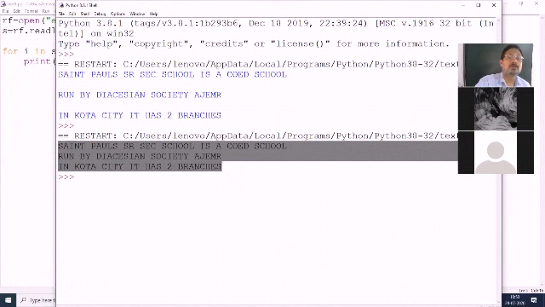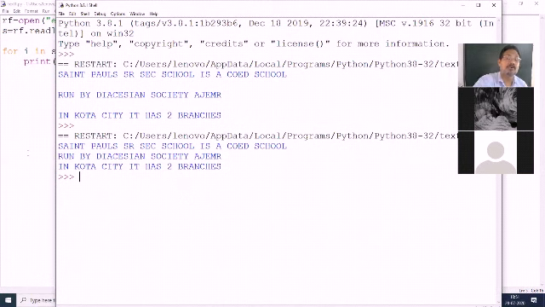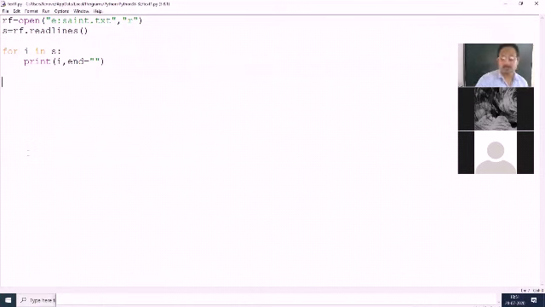So you have to be very clear when you are writing programs. Now I am giving you one very simple program. Please do it.